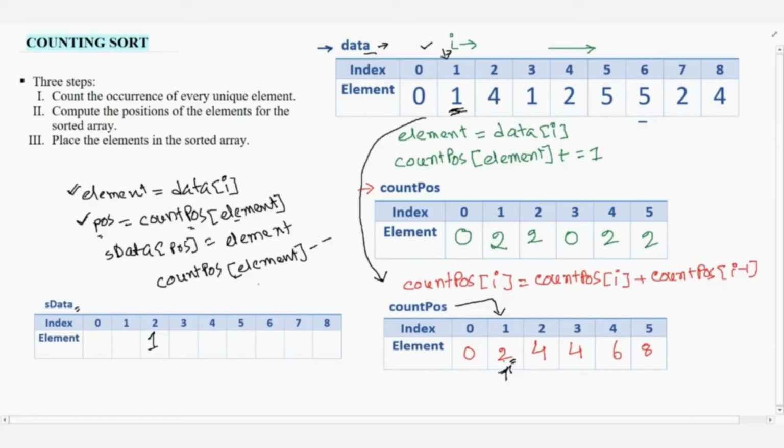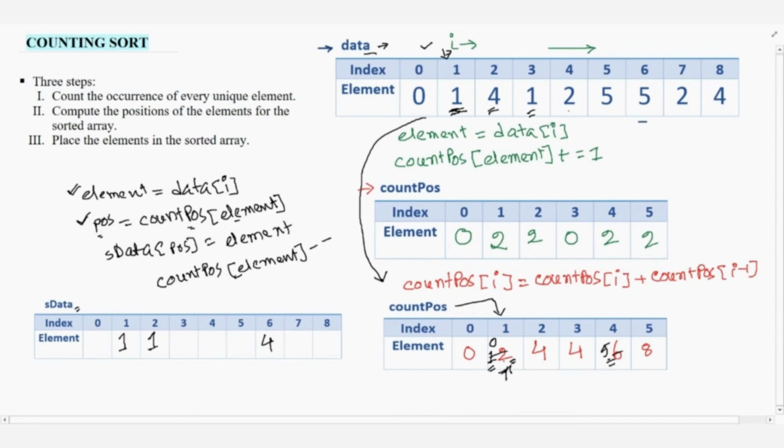So this is how we will perform the placement of the elements. So let us complete the placements. The next element is 4 and the position for 4 is 6. We place 4 at position 6. We decrease 6 to 5. Previously we decreased 2 to 1. Okay. So next element is 1. We look for 1 and we found that 1 will be placed at 1. So we place 1 here and we decrease 1 to 0. The previous values are discarded.